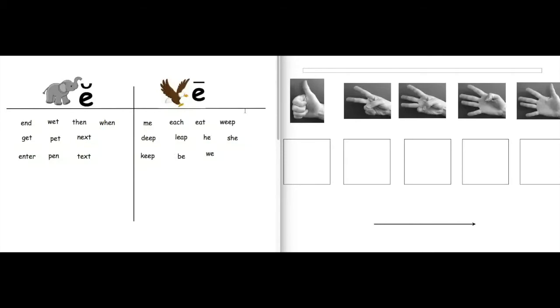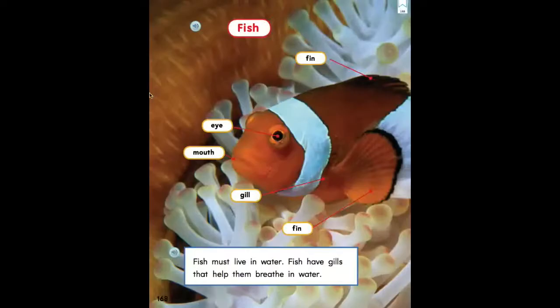I'll see you later, okay? Welcome back. This is the part of our lesson where we do some reading and writing, and we're looking at part of our story, animal groups. One of the animal groups is fish. And in this picture, we have a fish, and these are called labels. Labels are words that point to parts of a picture, so you know what they are.